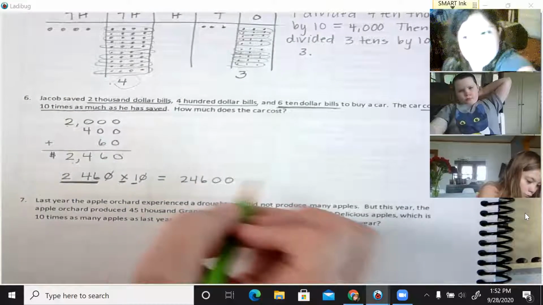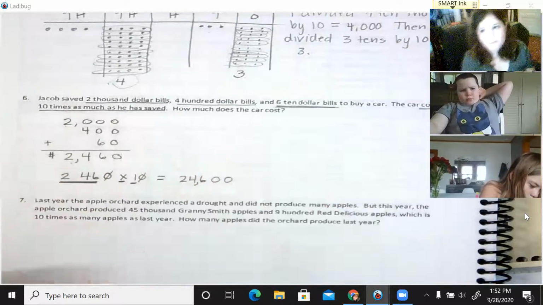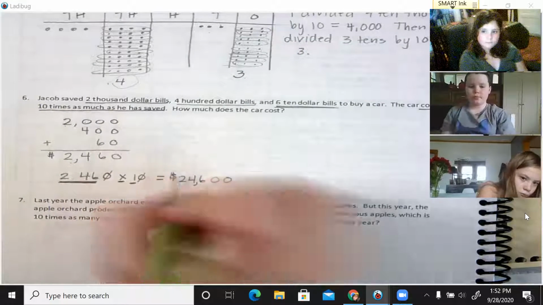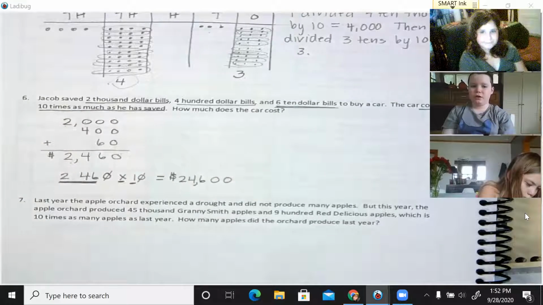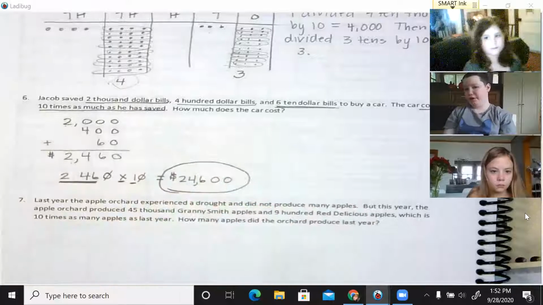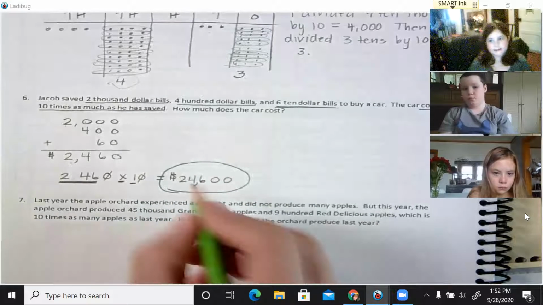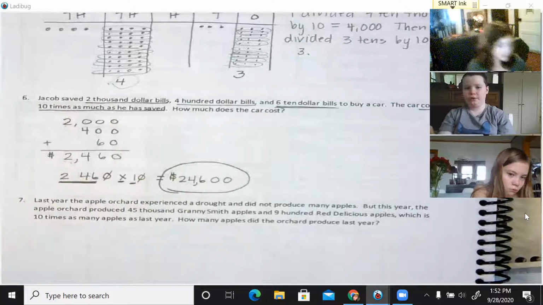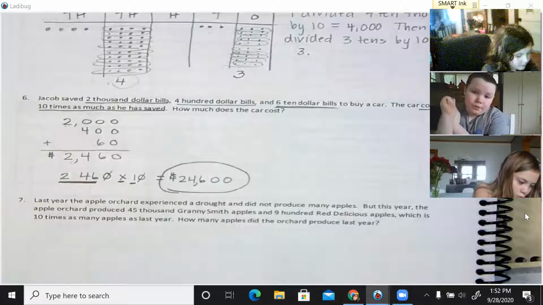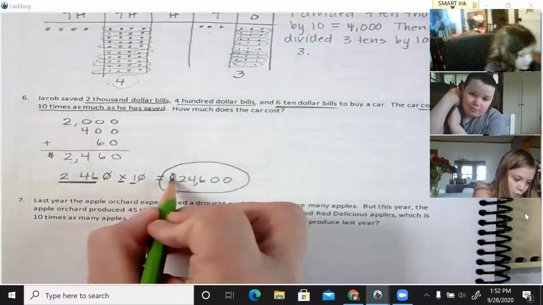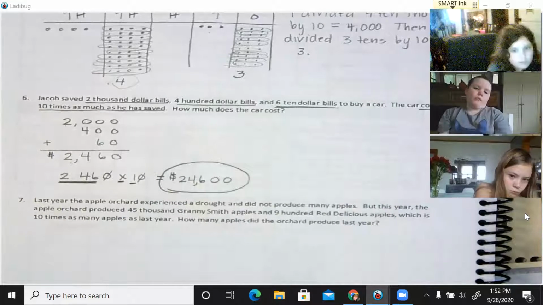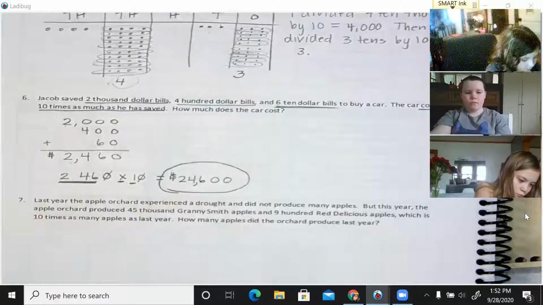Now I'm going to put in my comma. 1, 2, 3, comma. So Soren, how much does the car cost? 24,600. And how should we label it, Soren? 24,600 what? Dollars. Right there, that money symbol. Okay, so I'm going to just stop recording now because